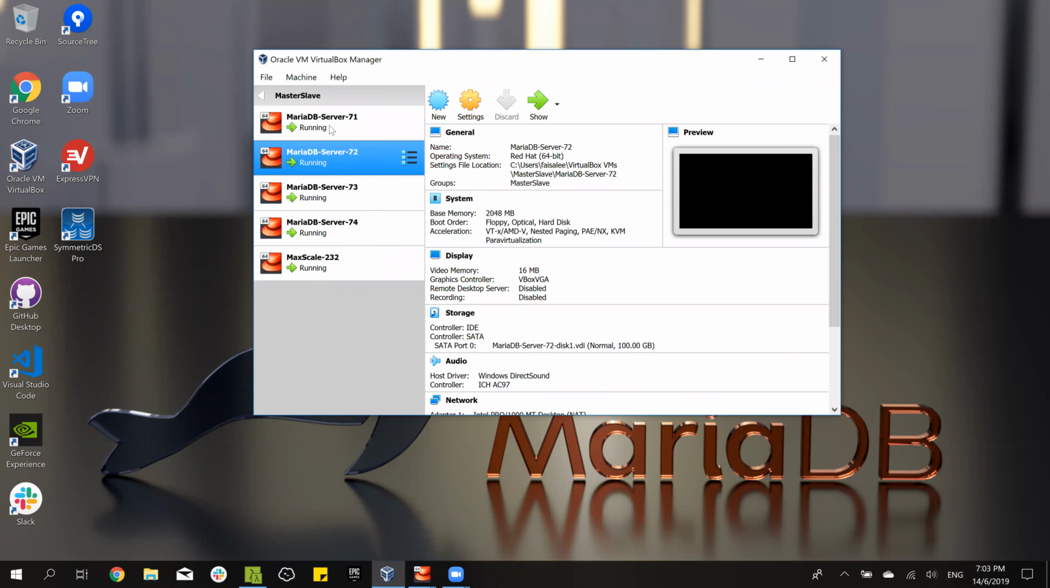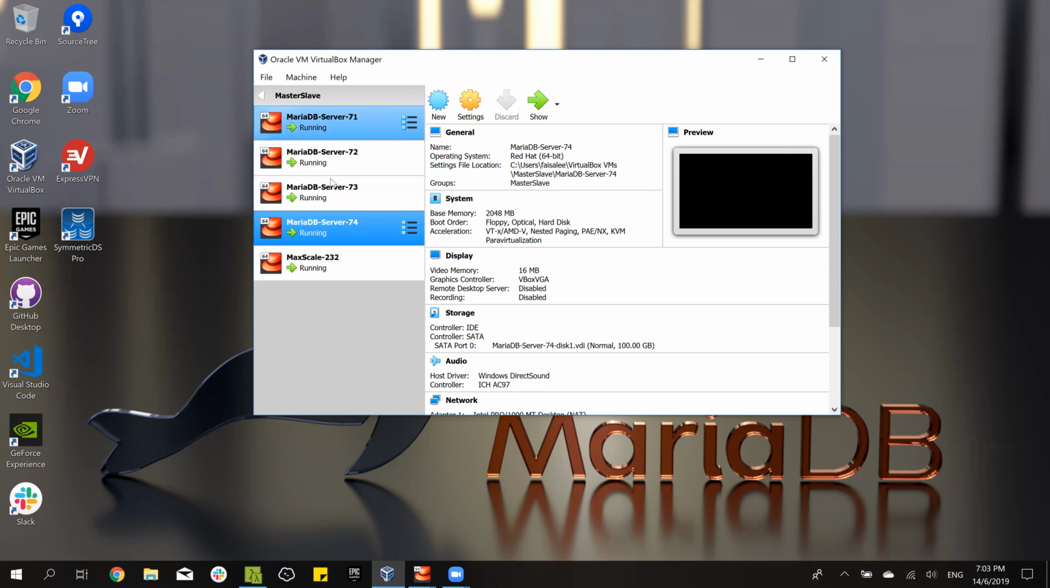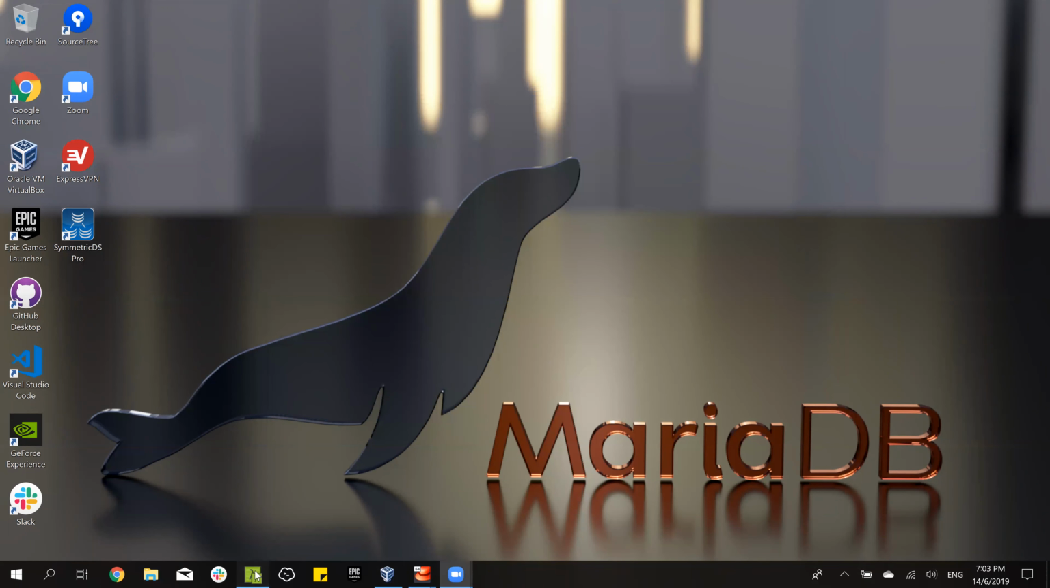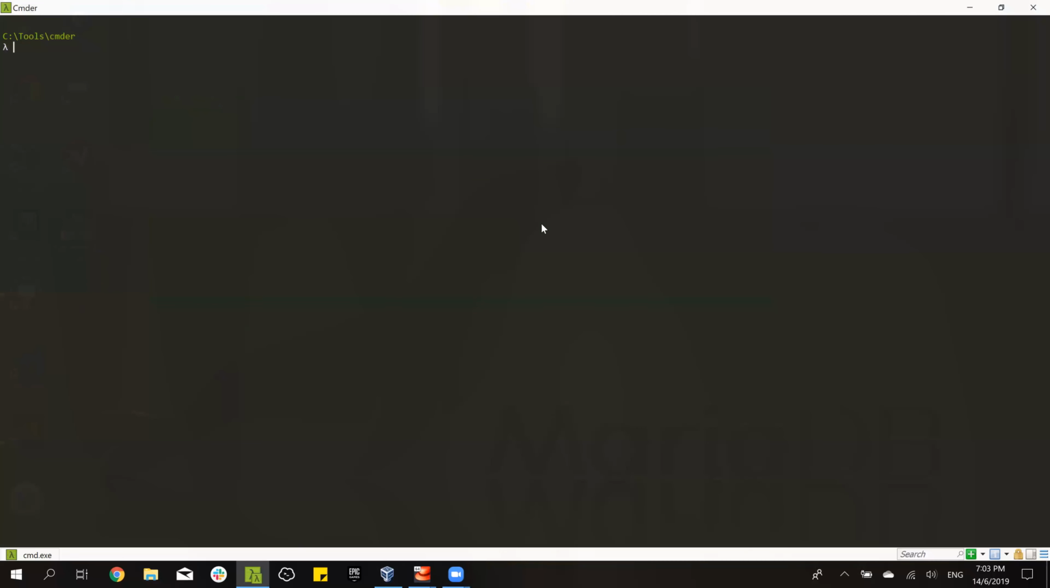So we have this 1, 2, 3, 4 nodes master slave setup that is already running. And then we got this MaxScale 2.3 that's also running at the moment. I'm going to connect to the MaxScale node very quickly. Okay, so let's maximize this. 232 is my MaxScale server. Okay, so if I do a maxctl list servers,